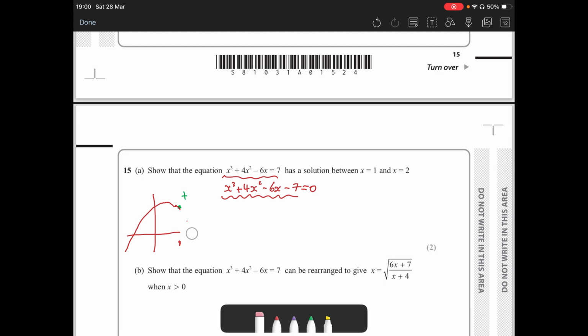So we will be substituting x into this, and I'm hoping for one positive and one negative solution. It doesn't really matter which one's which. But if we do that, we win. So let's substitute. We'll start with the easy one: x is 1. So we'll get 1 cubed plus 4 lots of 1 squared, take away 6 lots of 1, take away 7. And calculating this gives me